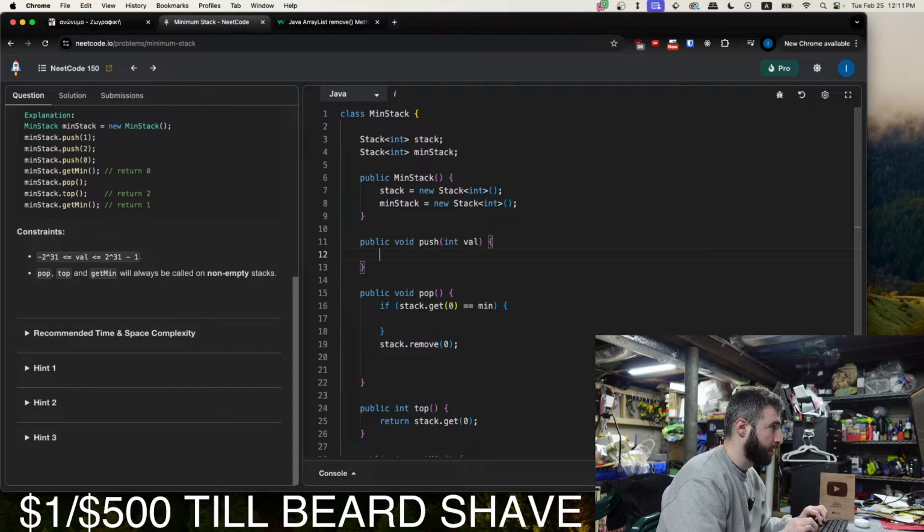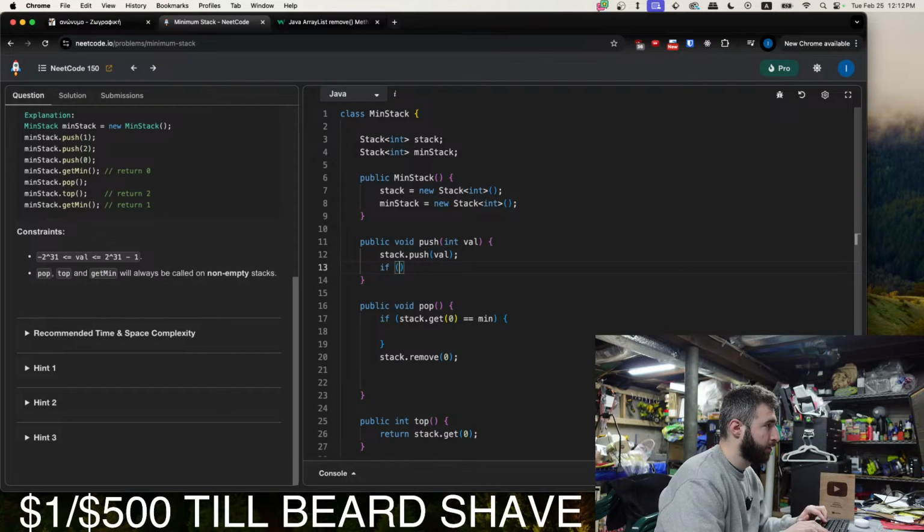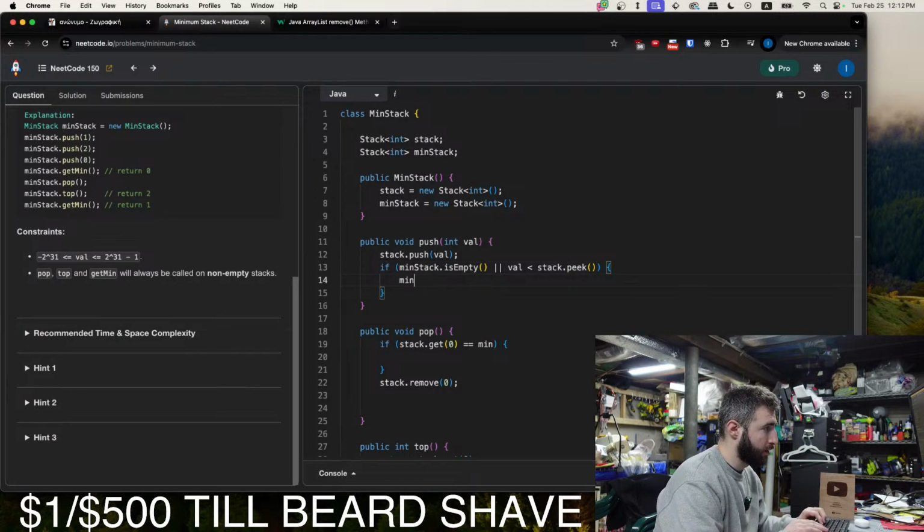So on the normal stack, stack.push(val), and if min stack is empty or val is less than stack.peek, minStack.push(val). Okay.